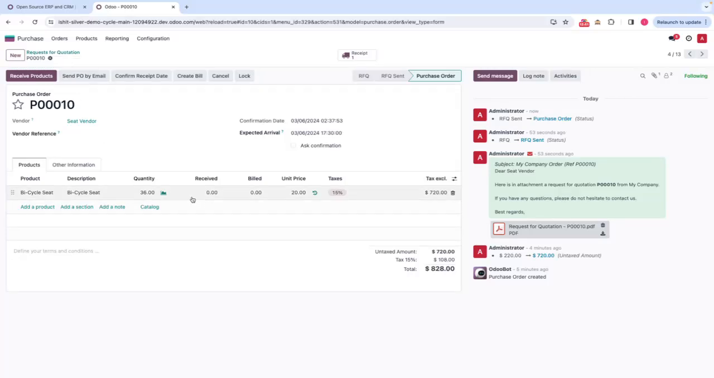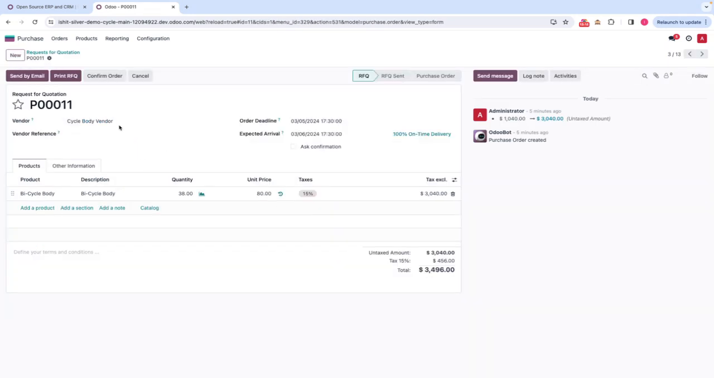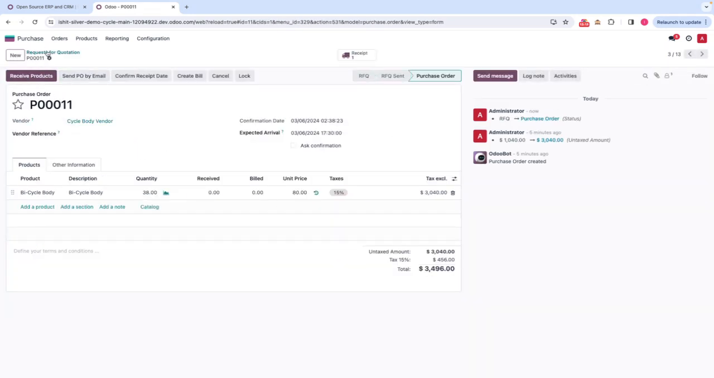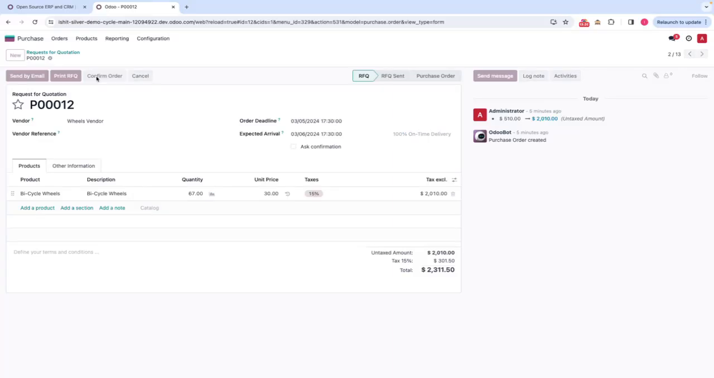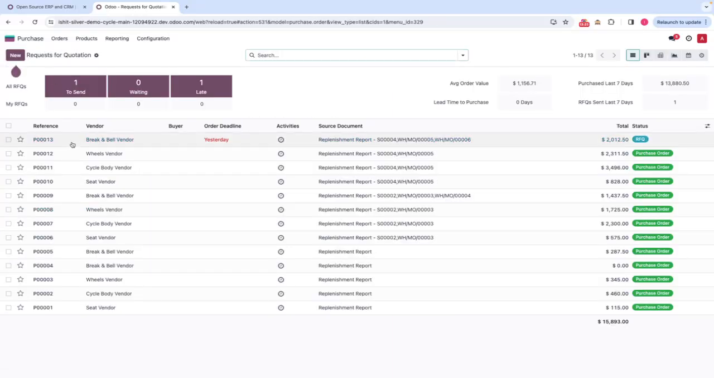Here also, as soon as I confirm the RFQ, an advance shipping notice goes to my inventory team that on so and so expected date, the material is going to arrive. So they can prepare themselves and plan accordingly. If they do not have enough storage, they can plan the storage. So I'm going to quickly confirm all the orders,